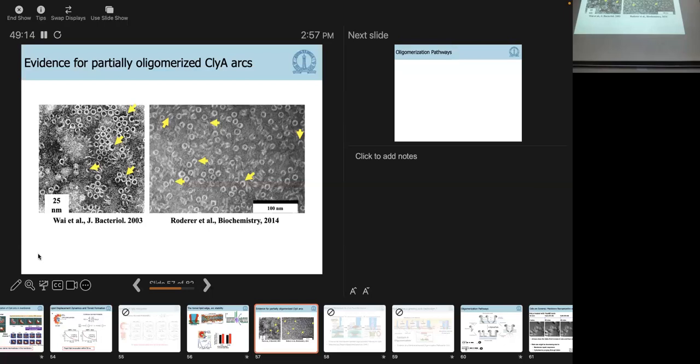You can shift the balance, right? If you have very low population of MERS protein, then you will have a larger population of arc-like states. But if you have a higher population of proteins, you can push it to fully formed pores. So again, it really depends where you're working. The issue with the vesicles is that they are highly curved, and they do not really form the full pores. So they're mostly dominated by these partially formed pores.